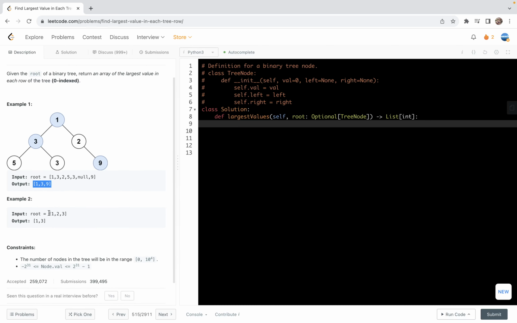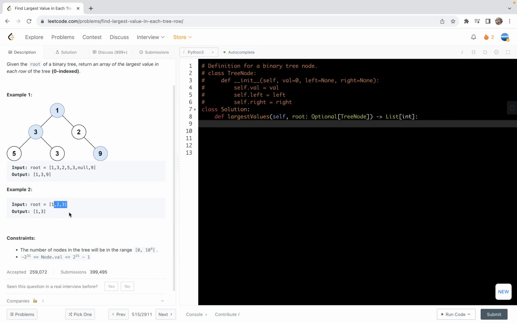In the second example, the root is 1. The left subtree is 2, right subtree is 3. So the first level will be 1. And the second level, the larger one, will be 3, right? With that said, you can quickly have a look at the constraint, so we can move forward to the